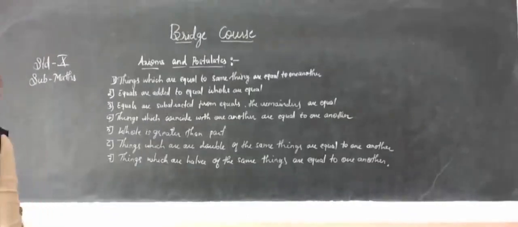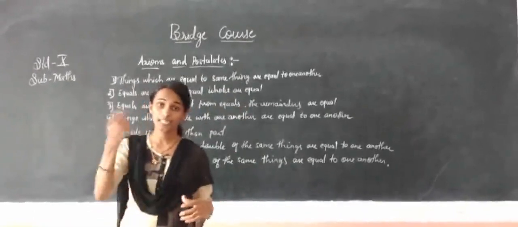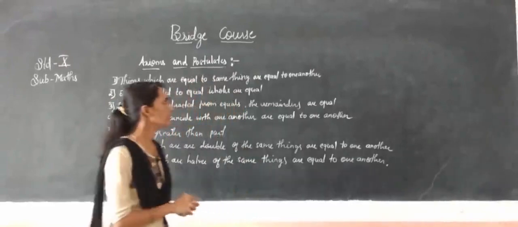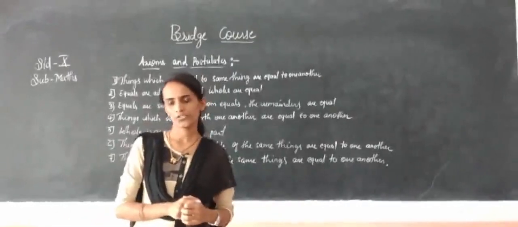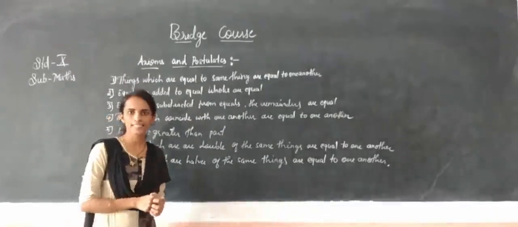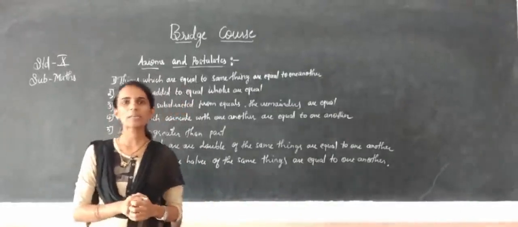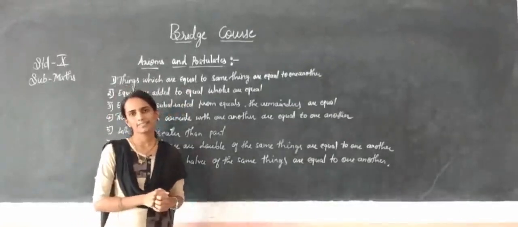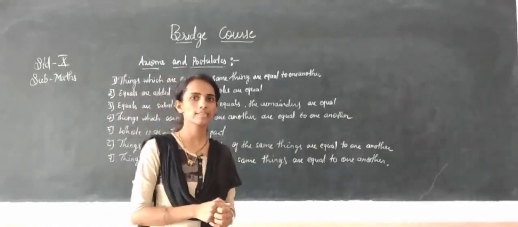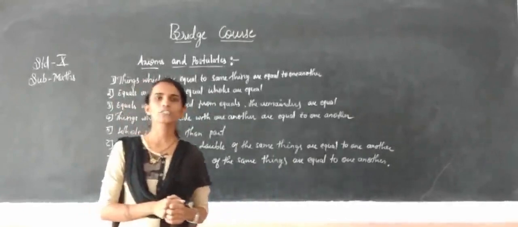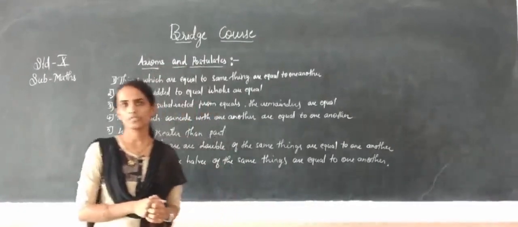So now, axioms and postulates. Already in the 9th standard you studied axioms and postulates, and in the 8th standard also. So what are axioms and postulates? Axioms are standard definitions which we can't change, and which are applicable to any branch of science. That we call axioms.